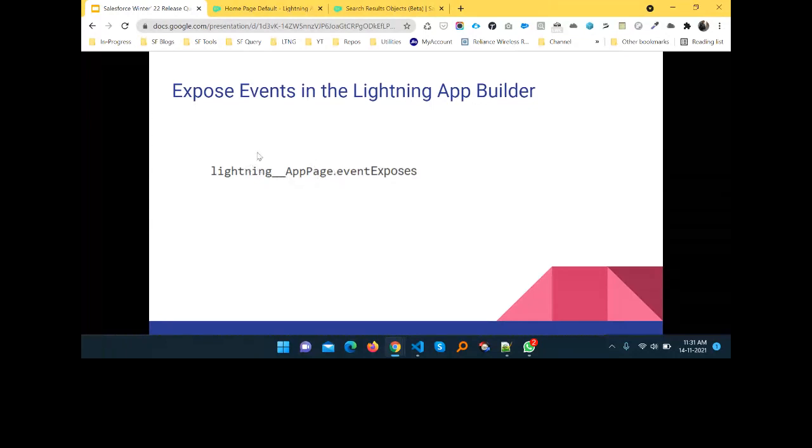So this is another new element under the metadata file, lightning__AppPage.event exposes. This feature is also available, so you can use this markup in the metadata file, and you can expose your event in the Lightning App Builder. So this is another feature.